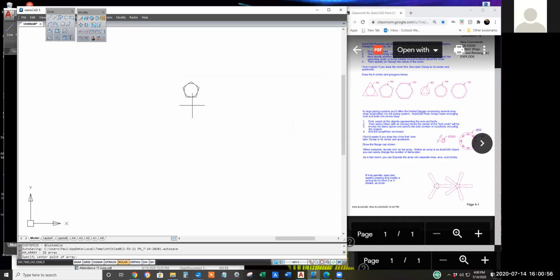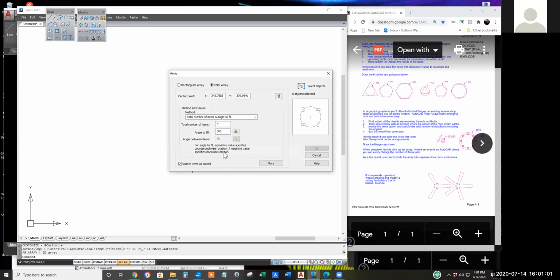Again, I should have drawn the circle to begin with. Say I want 8 around the circle. You've got different options for how to make a polar array. Let's make it 8 around the full circle.